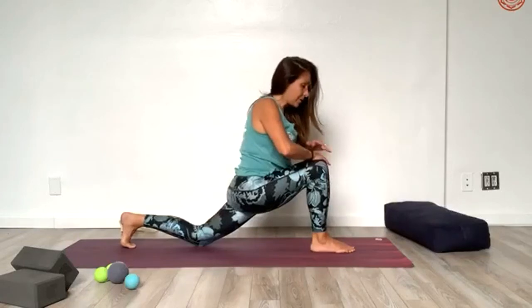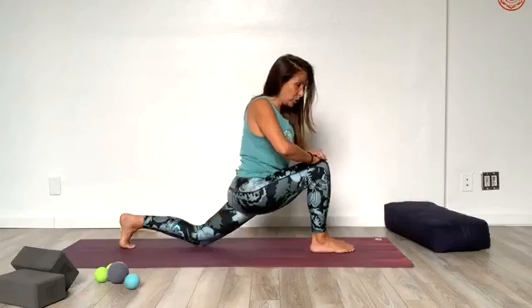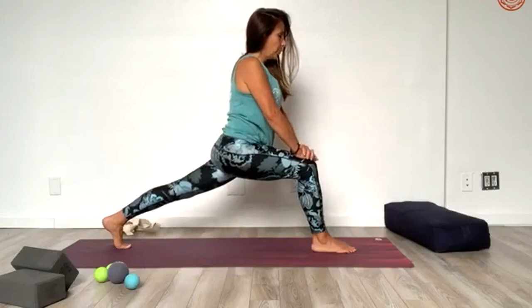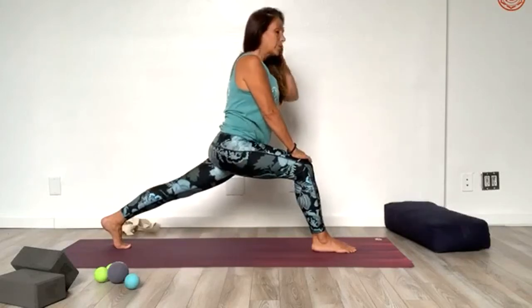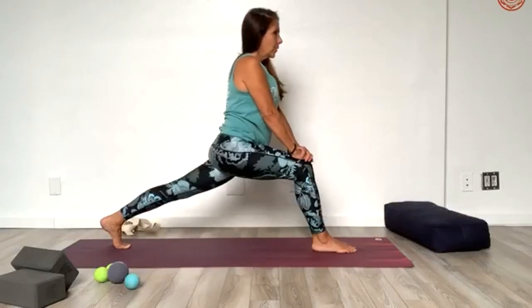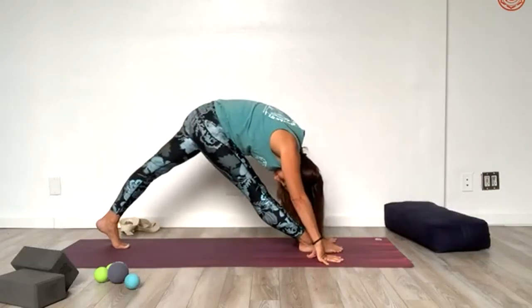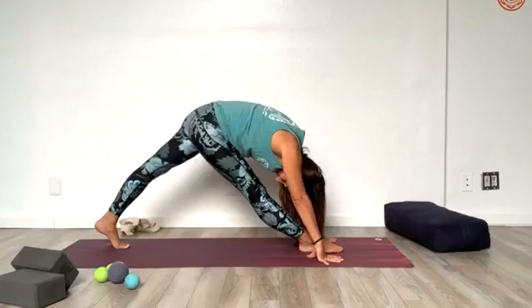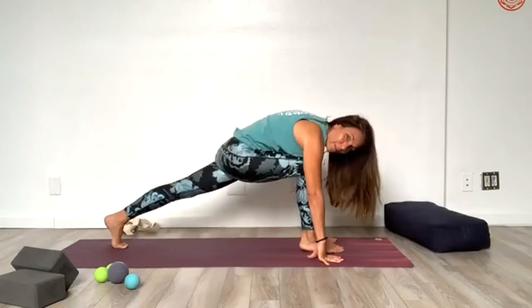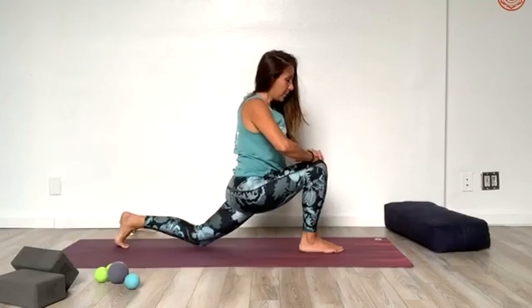Bring your hands to your left knee as you rise up. Breathing here. And then push into your knee as you draw your right leg straight. Should be getting nice and warm. Hands by your left foot or on your block, straighten out your left leg. Two more, right knee down. Take your time, lift up,